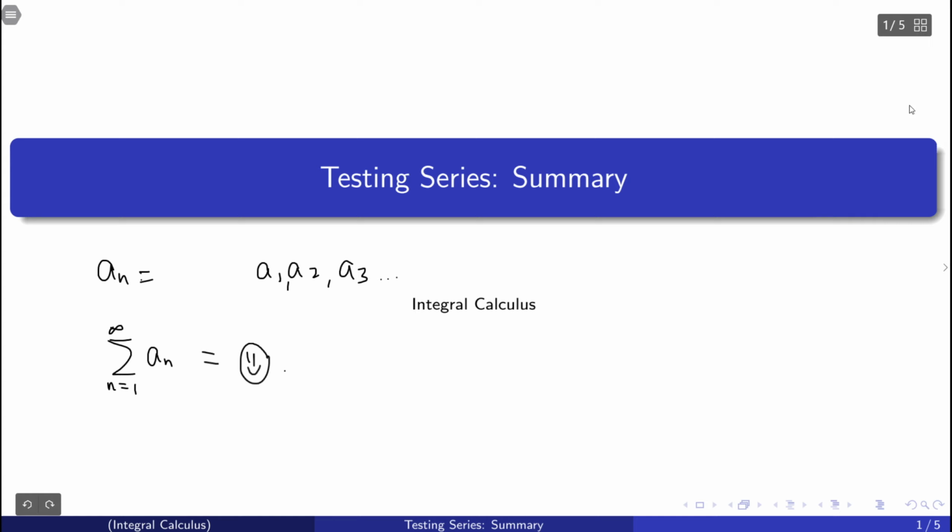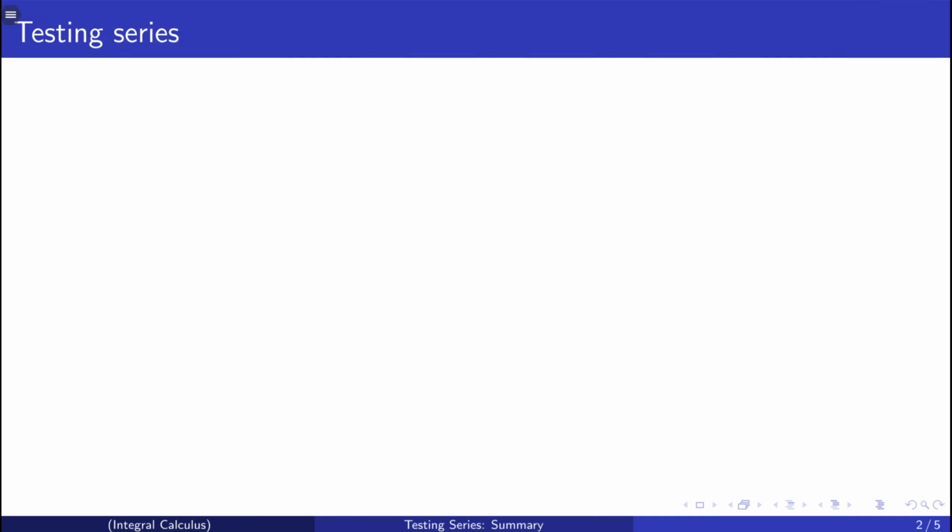For now, I just want to summarize the tests that we've seen so far to help us determine convergence or divergence, and in some cases, absolute convergence or conditional convergence. Right? So essentially, one thing that you should always try when you're testing series is the test for divergence. Again, as the name suggests,